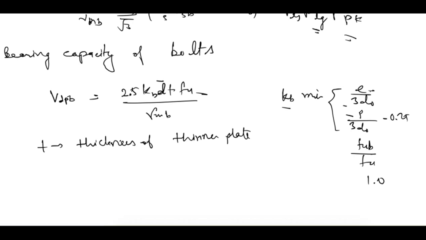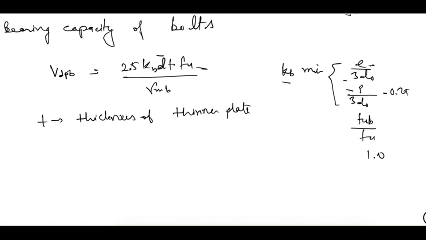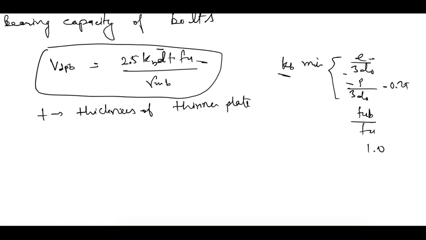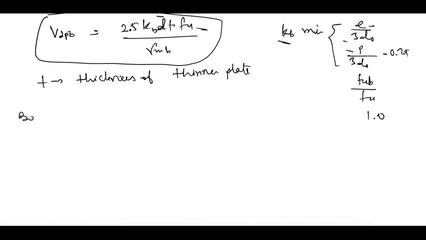E is the end distance, P is the pitch, D naught is the hole dia. So using this formula we can find out Kb, and from here we can calculate the bearing capacity of the bolt. So the bolt capacity is given as minimum of these two, that is in shear and in bearing,